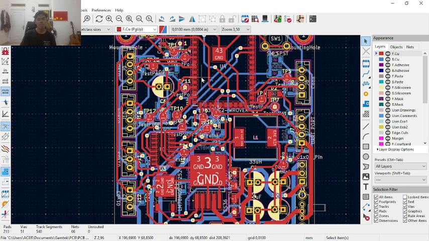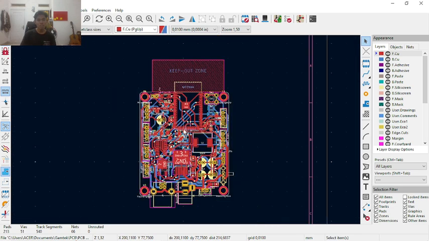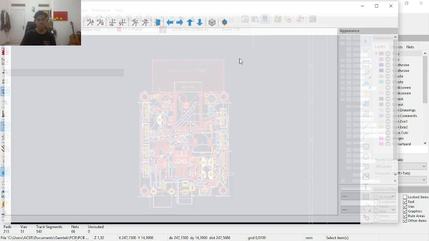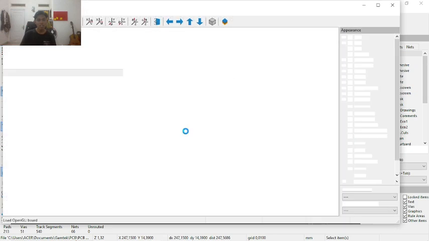Okay, all the test points have been added to the PCB, and we will check the 3D viewer.